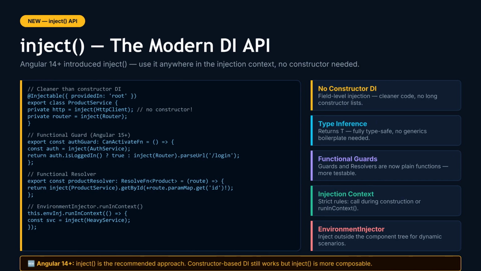Angular 14+ introduced the inject API, the modern DI approach. It enables field-level injection, removes constructor boilerplate, and is necessary for functional guards and resolvers. It must be called within an injection context, such as a component constructor, or via environment injector's runInContext